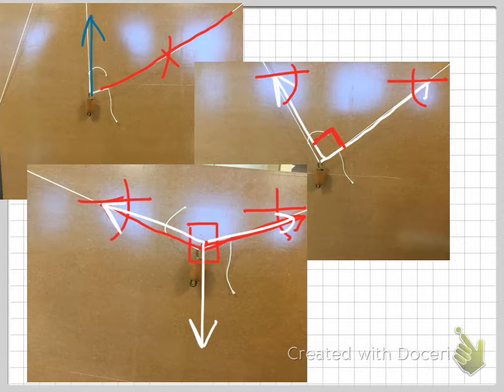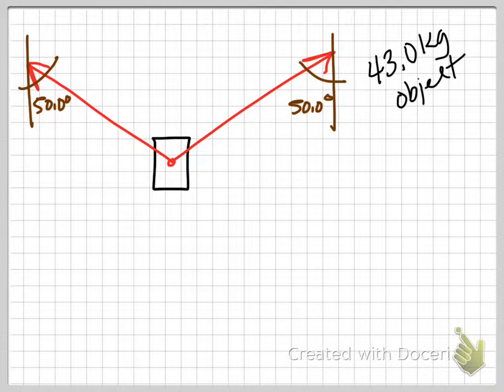Okay, so let's do some actual numbers on one of these. So I've got a 43 kilogram object hung on 2 cables, which are making a 50 degree angle with the vertical. Be careful where your angle is. Okay,